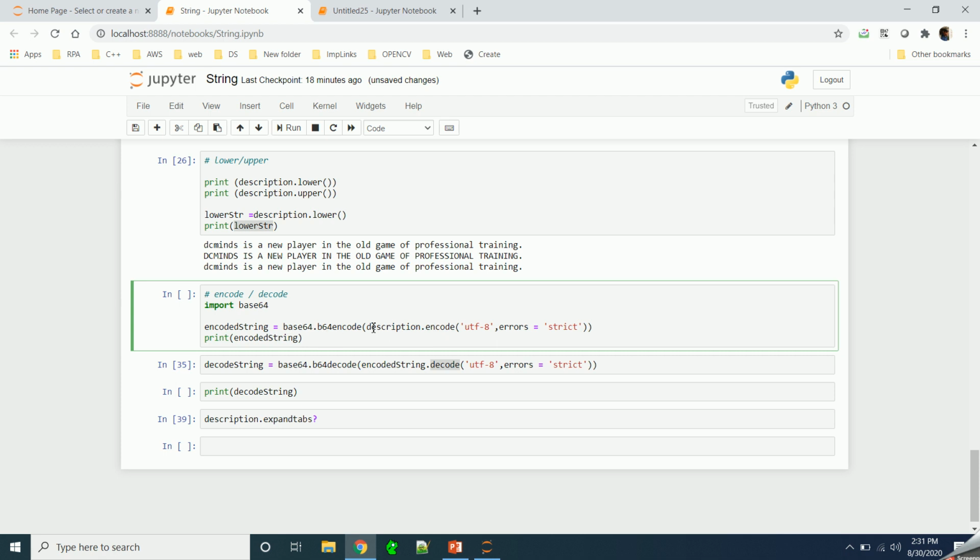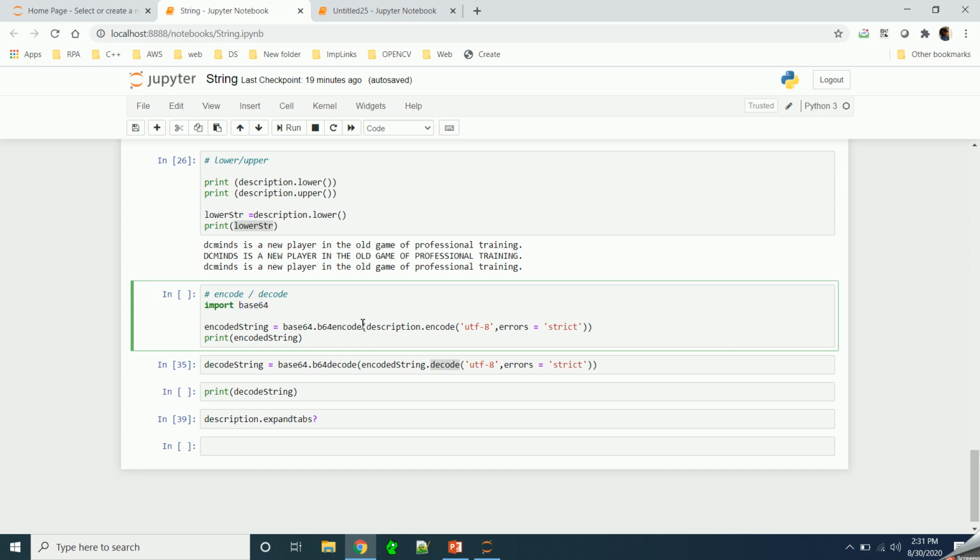So what you can do is use this encode function to encode into an unreadable format that only the intended user can understand. In this case you can use this base64 library, this module.